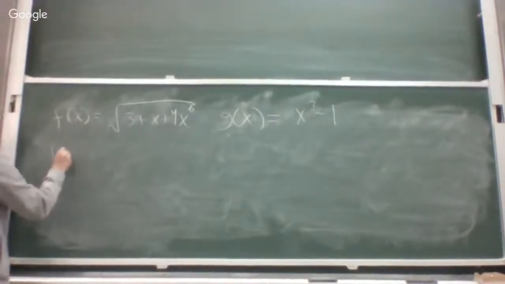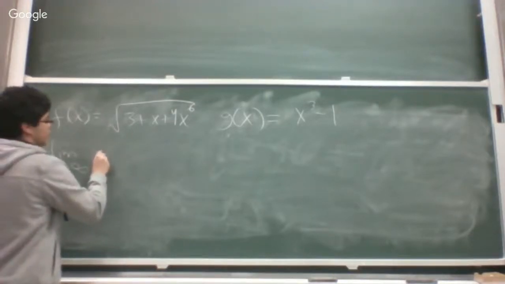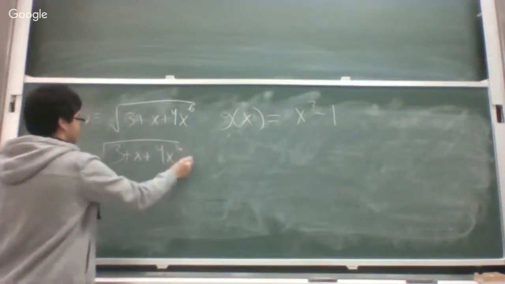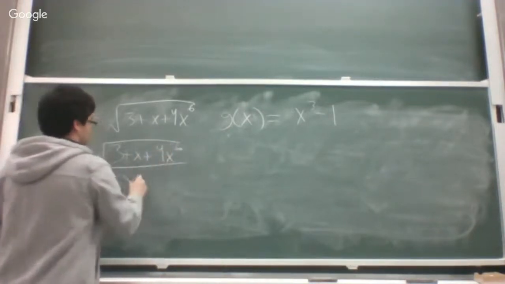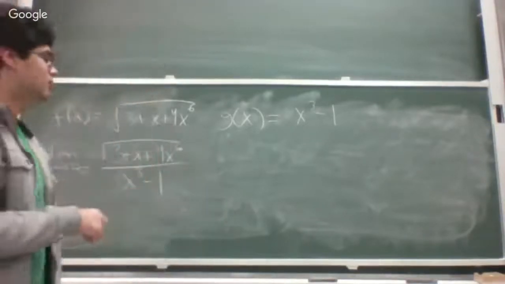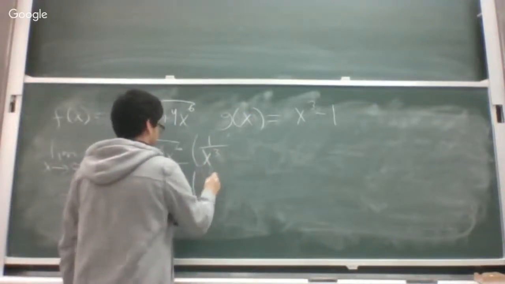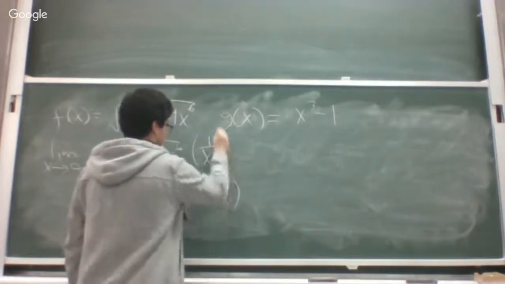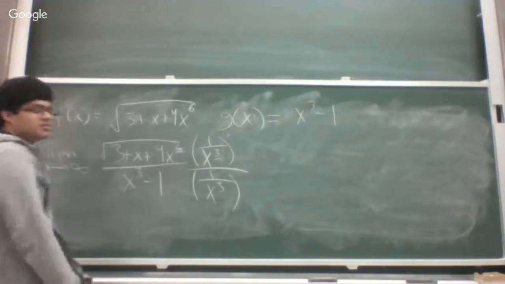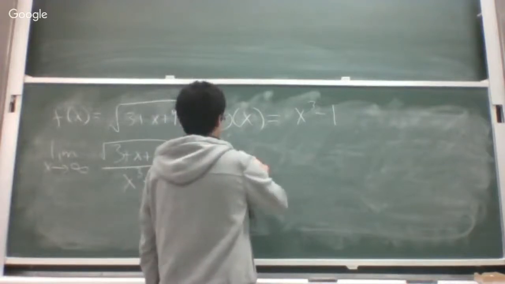So we write the function limit as x approaches infinity of f of x over g of x. So we have the square root of 3 plus x plus 4 x to the 6 divided by x cubed minus 1. To solve it, we need to multiply top and bottom by 1 over x cubed. We get x cubed because we have a 6 inside the square root. The square root of x to the 6 is x cubed. So this is equal to